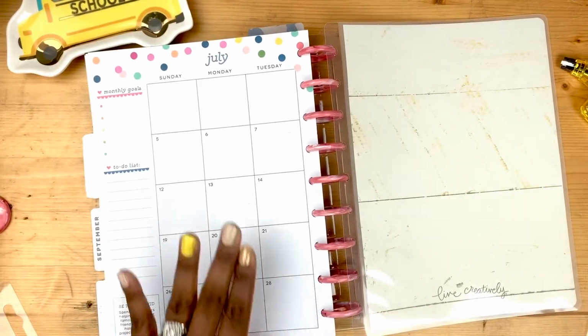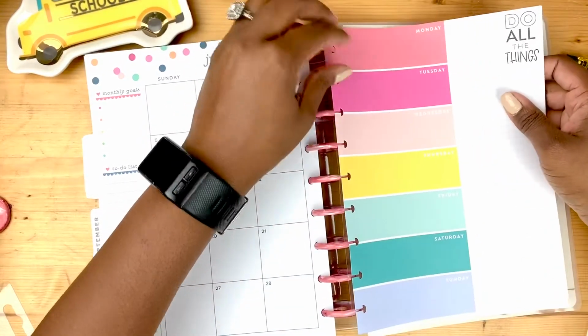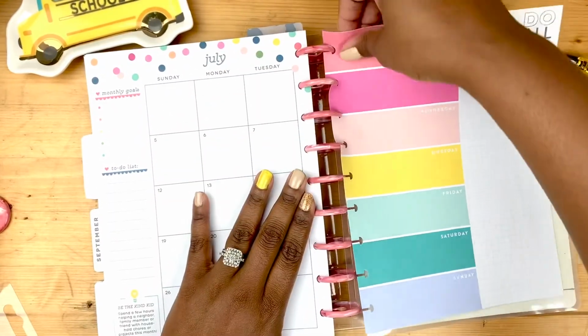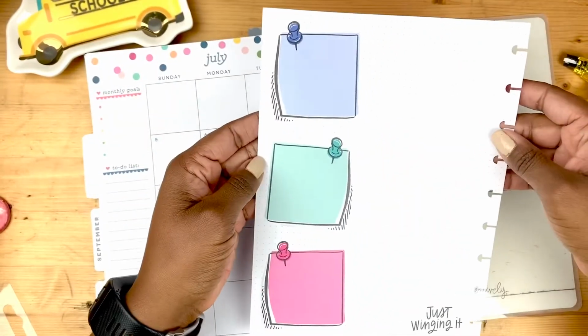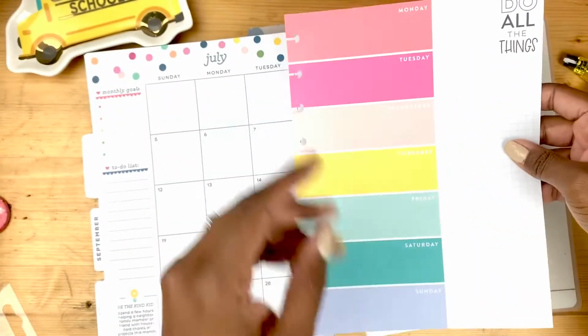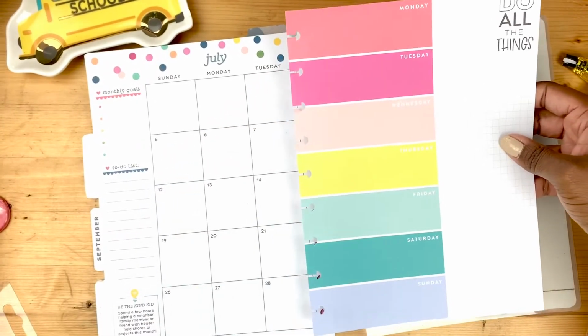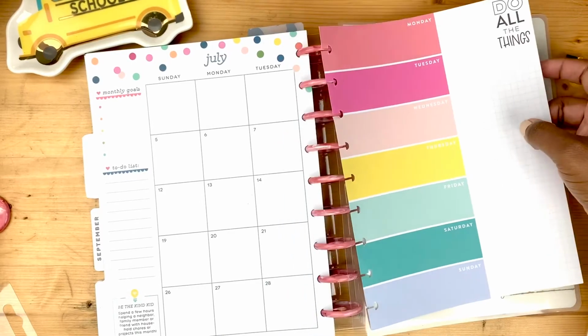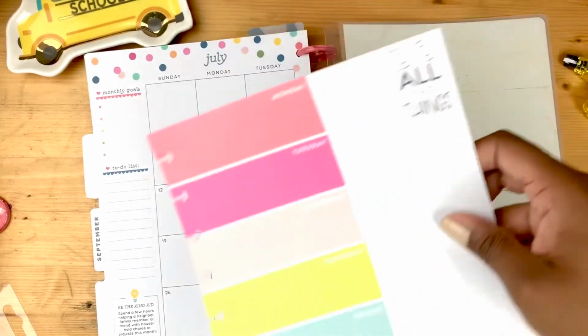So I'm gonna put that divider there, and what I am going to use is these sheets. Or no, these sheets are coming again, something coming from my stash. This was from the Supermom planner, and it's listed out. It says do all the things. I was thinking I was gonna put that in there, but